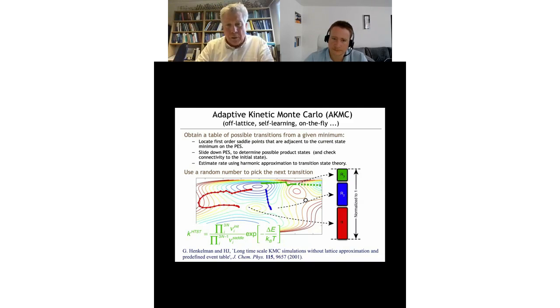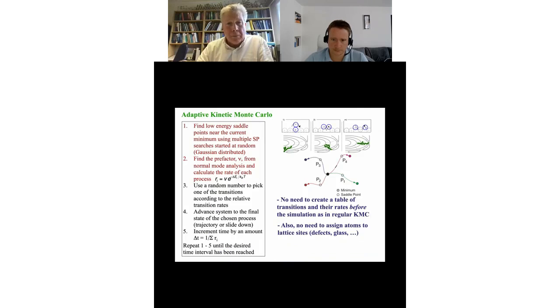And now you do other displacements, and you find a rate for other saddle points. Normalize this into the relative rates, and then you can use a random number to pick what's going to happen next. So then you get a kinetic Monte Carlo simulation,